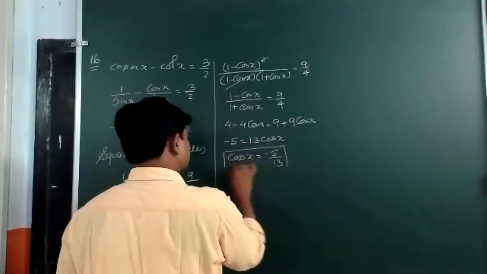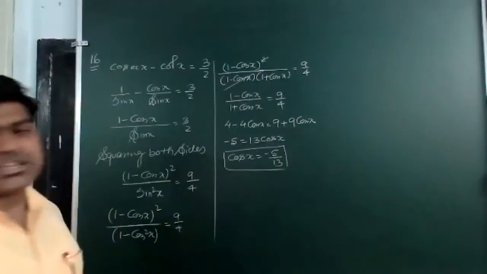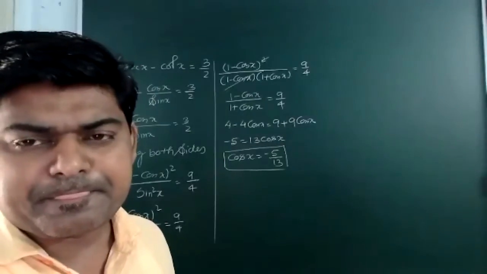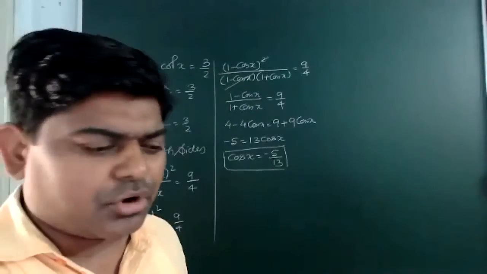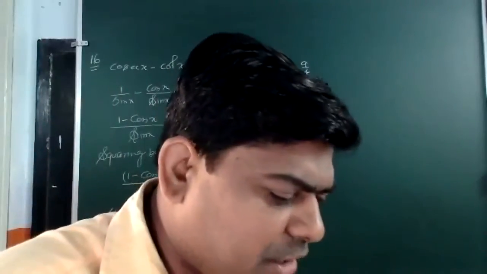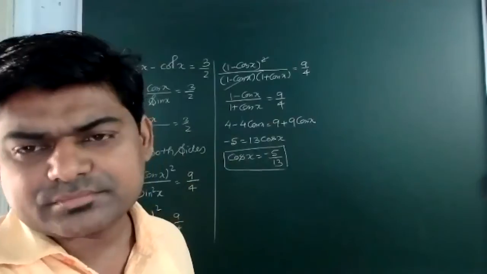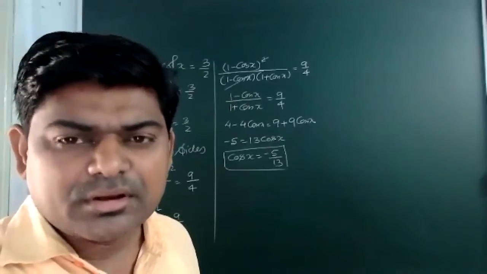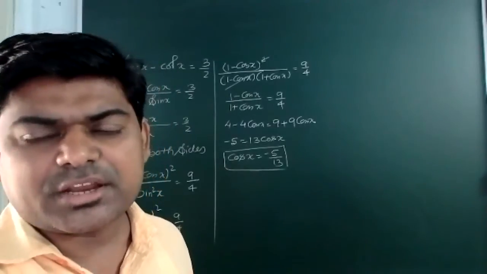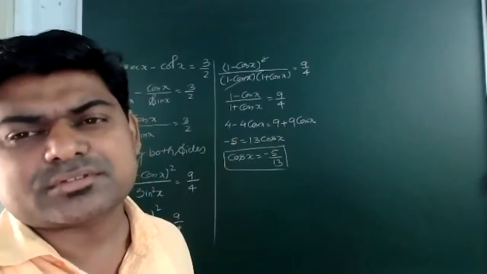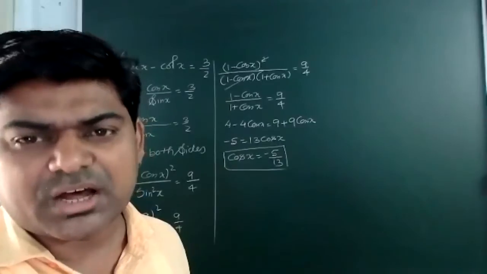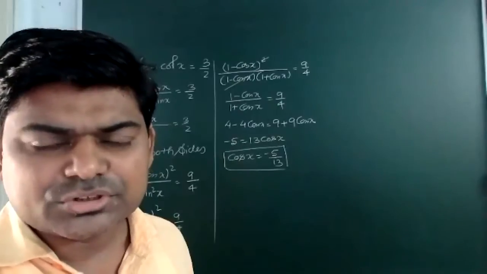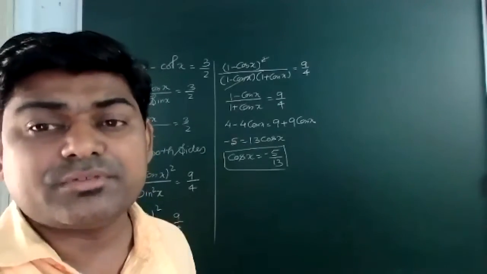This is our result. Now, your question has given, listen to me carefully: find the value of cos x and then write in which quadrant x will be lying. Now, if cos x is negative, then I think it will be either in second quadrant or in third quadrant. Two options are there. Now we are not able to describe directly in which quadrant it will be.